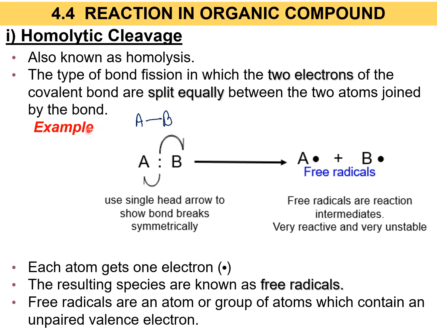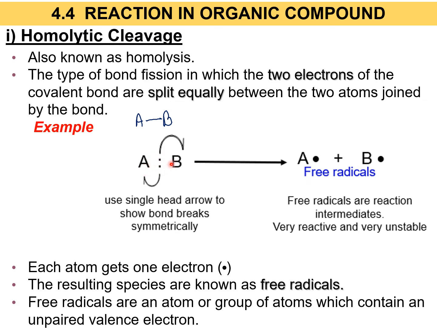Okay, for example, as you can see here, kita ada dua atom A dan B, and this is the symbolic untuk single covalent bond, di mana dua titik bertindih ni macam nak bagi tahu this is a single covalent bond and ada dua elektron kat situ. So when you want to do a homolytic cleavage, bila you nak break the bond between A dan B secara homolytic, okay, what will happen ialah each of these electron akan pergi kepada each of the atoms here. Okay, so satu elektron pergi pada atom B, satu elektron pergi pada atom A,